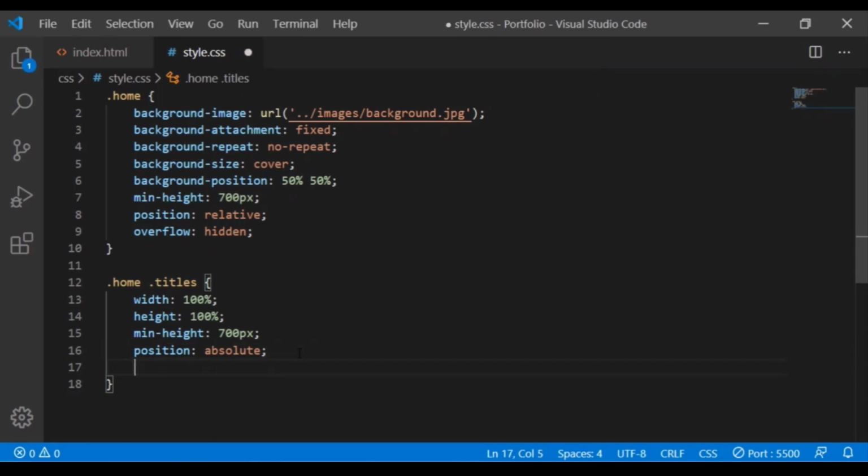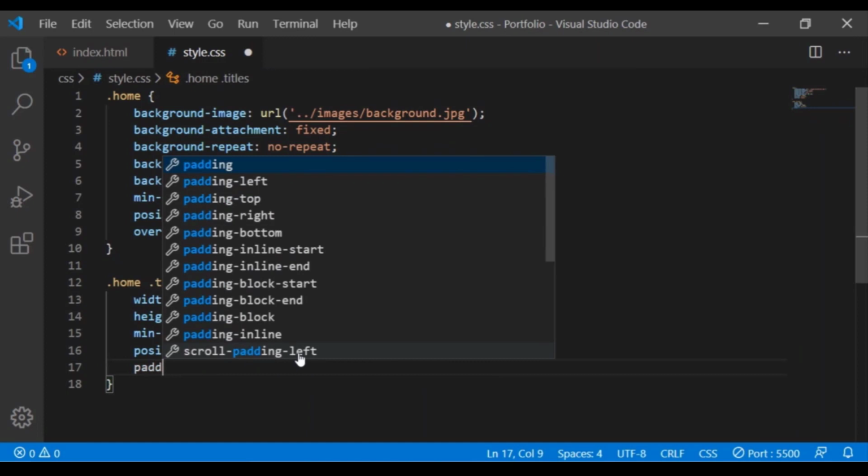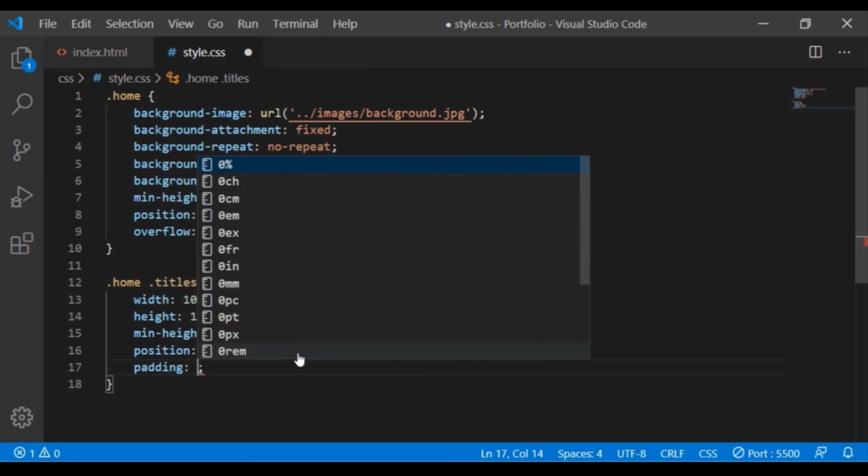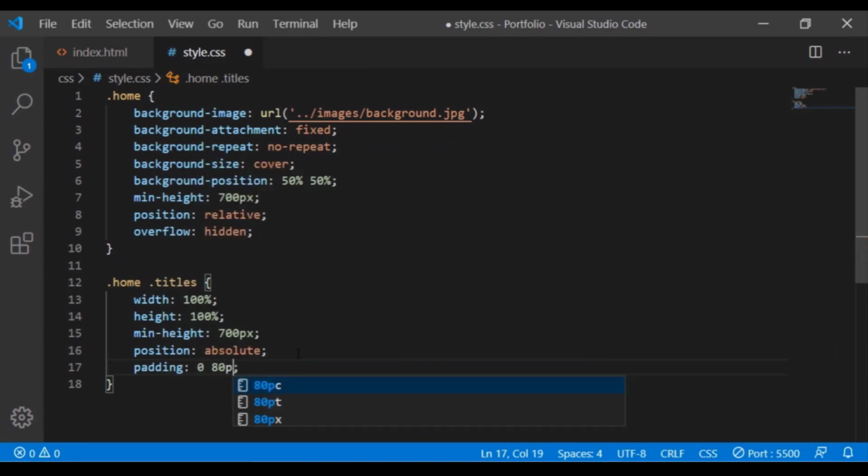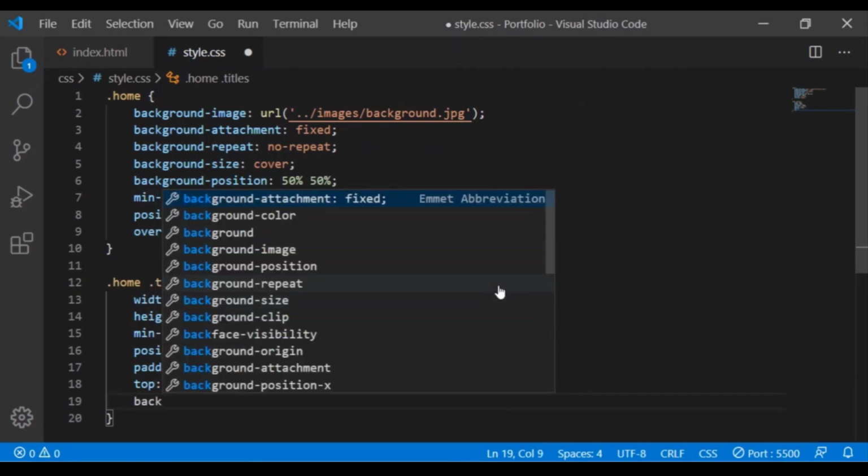We will also add some padding of 80 pixels to the left and right. Next, set the position to 0 since we already made its position absolute. Finally, we will add a background color with RGBA.